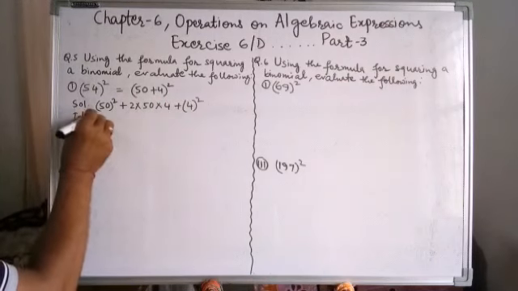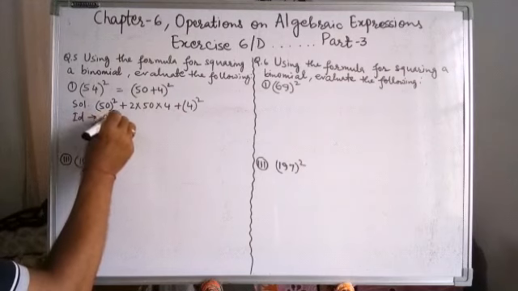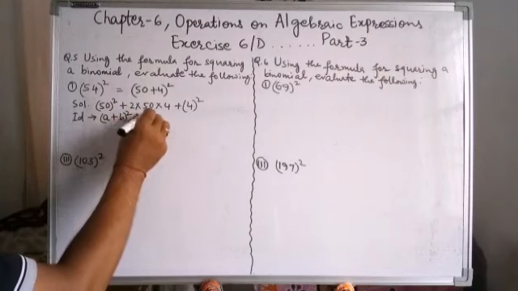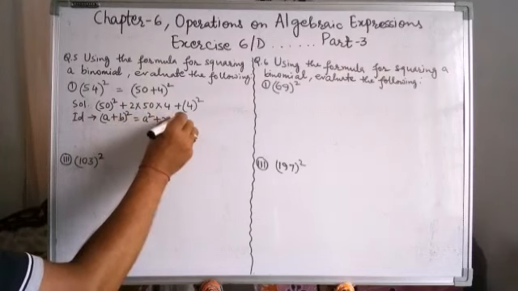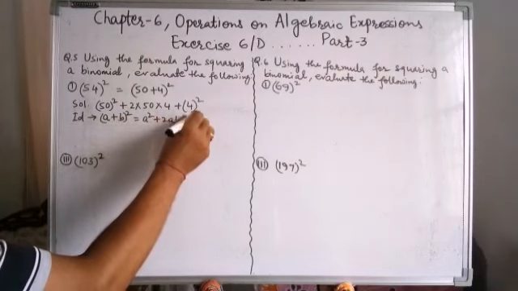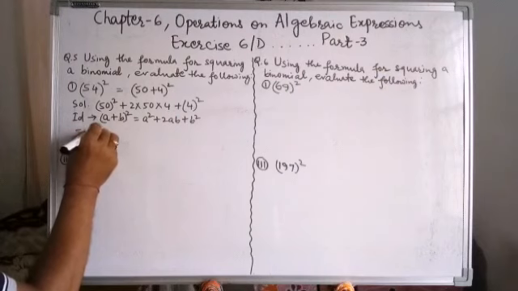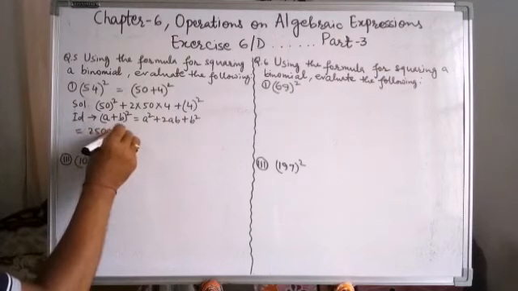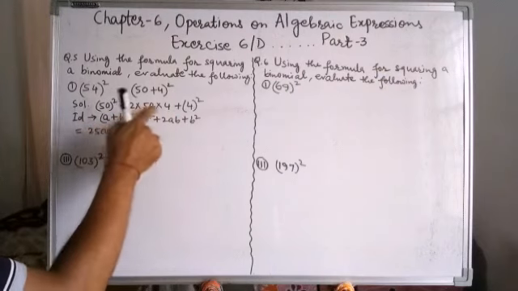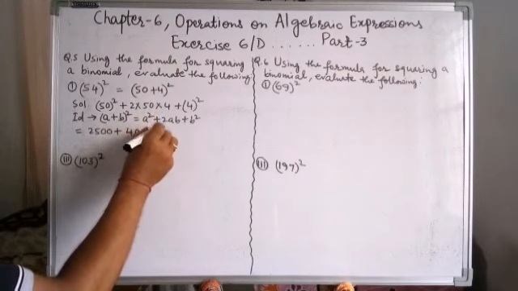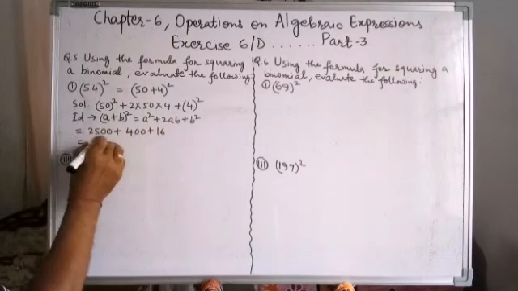The identity being used here is (a plus b) whole square equal to a square plus 2ab plus b square. Hence its square now becomes 2500 plus 100 into 4 gives 400 plus 16, that means